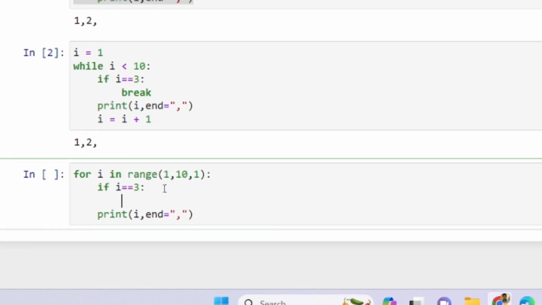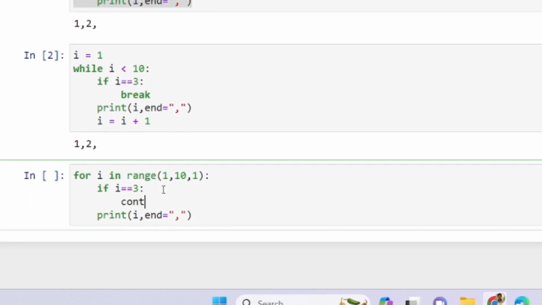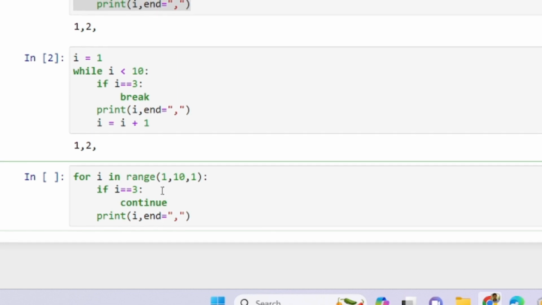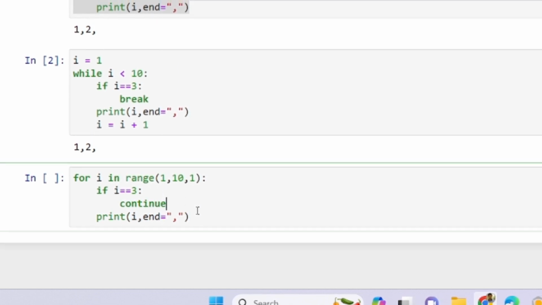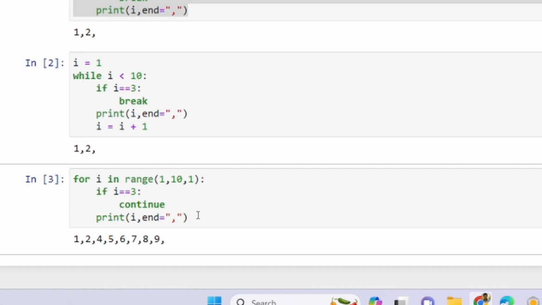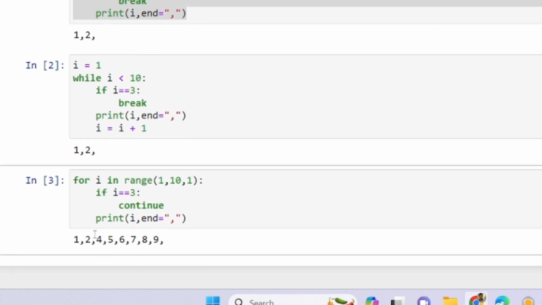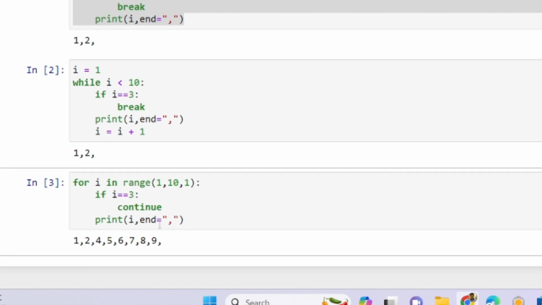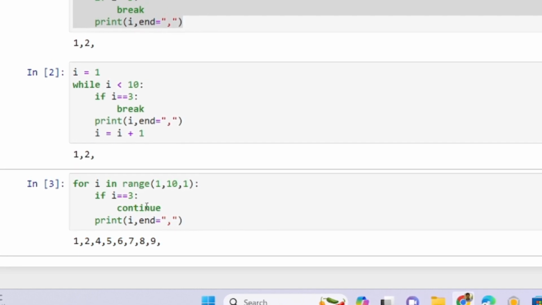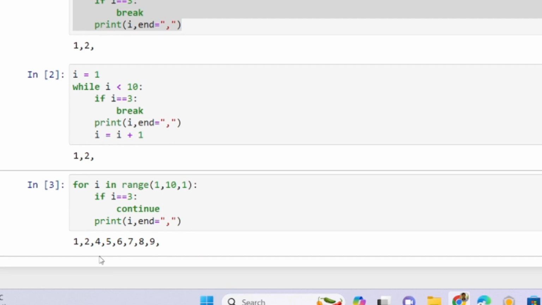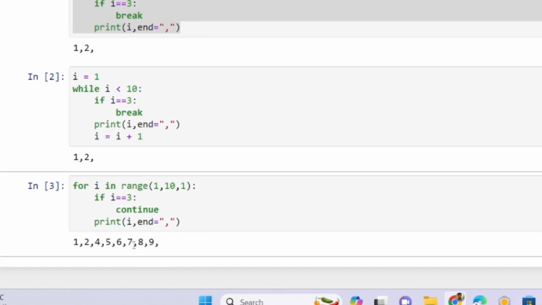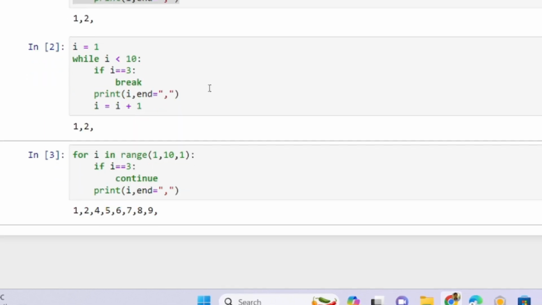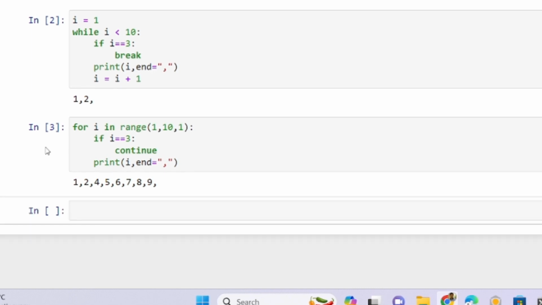Now I am writing continue if it finds 3. Okay, now let us see. So 1 is printed, 2, but at 3 it is continue. So the statements after the continue will not execute. 4, 5, 6, 7, 8, 9 are printed or executed.